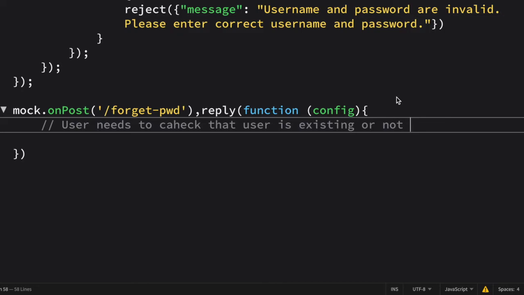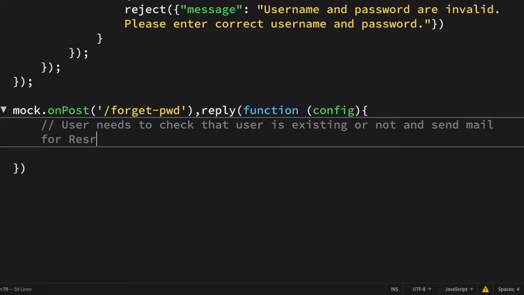So we will ask the user for their email, and if that is present, then we will send the instructions to reset the password. So user needs to check that user is existing or not in our database, and then we will send mail for reset new password.